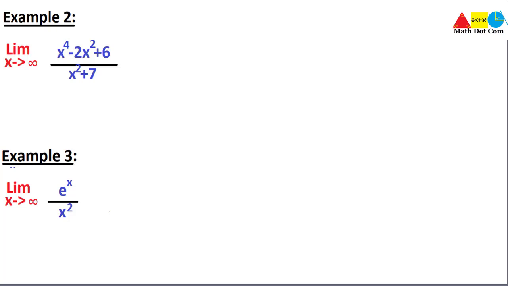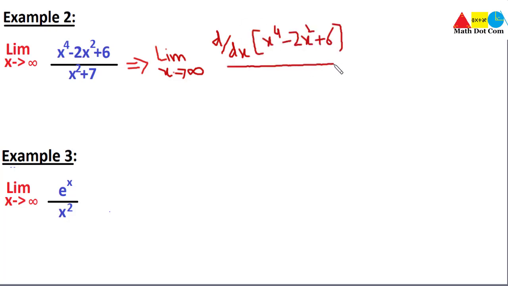So first what we have to do is just take the derivative of the numerator and the denominator. So limit x approaches infinity, and we have to take the derivative as d by dx of the numerator divided by d by dx of x square plus 7. We have already covered the differentiation section on my channel, so you can refer to that if you don't know the rules of differentiation when the terms are adding up together. So we will not get into that, we just find the derivative of this function.